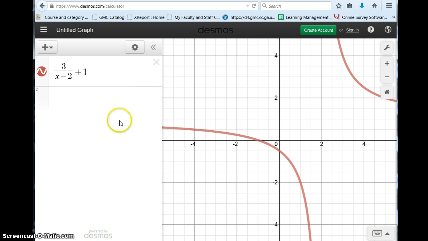Okay, let's get rid of that. Here's our function, and we need to look at it and determine the domain and the range for this function. Domain, you know how to do. You look at it and you see you've got two problem areas that you have to be concerned about: variables in the denominator and variables under even roots. Well, the only thing you have to worry about is right here where we have this x minus 2. If x were equal to 2, then we would have a problem, so we have to exclude 2 from our